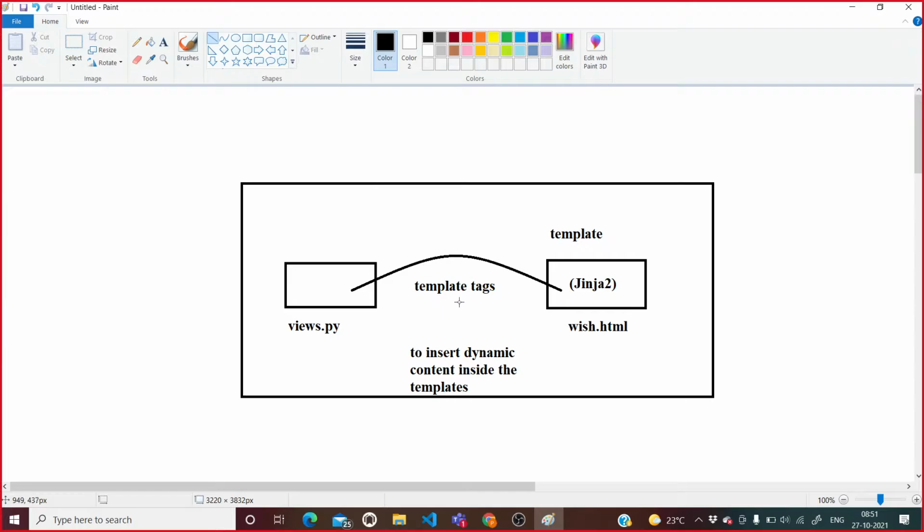This is the reason why we are using the template tags, and this is how we are calling them.